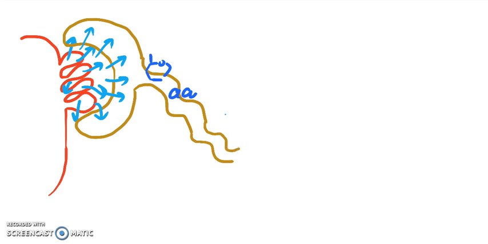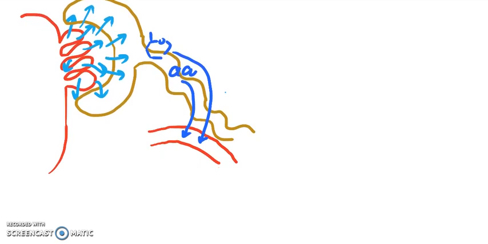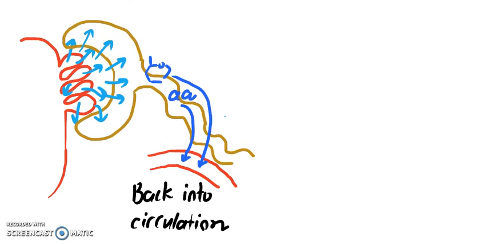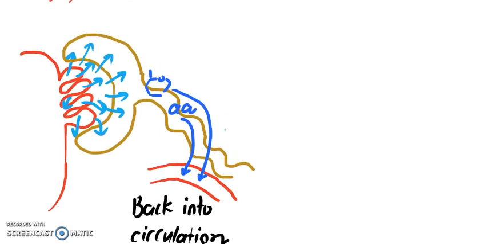So in this next region, it's going to be bordered by more blood vessels, and this is where we can have absorption occurring. So our amino acids can get taken back, so can some glucose. So now they are back into circulation. And this region of squiggly tube that I drew here, this is called the proximal